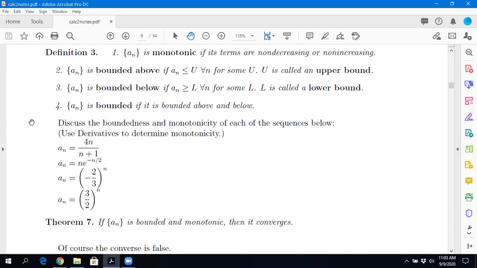That's what monotonic means. We talked about what it means to be bounded above. It means that there's a ceiling to all the terms, like the terms are always trapped below some kind of ceiling. Bounded below, you're talking about a floor. There's a number that all of the terms in the sequence live above. And you say that a sequence is flat out bounded if it is bounded above and below. The end, right? Okay? So I wanted to spend some time talking about the boundedness and monotonicity